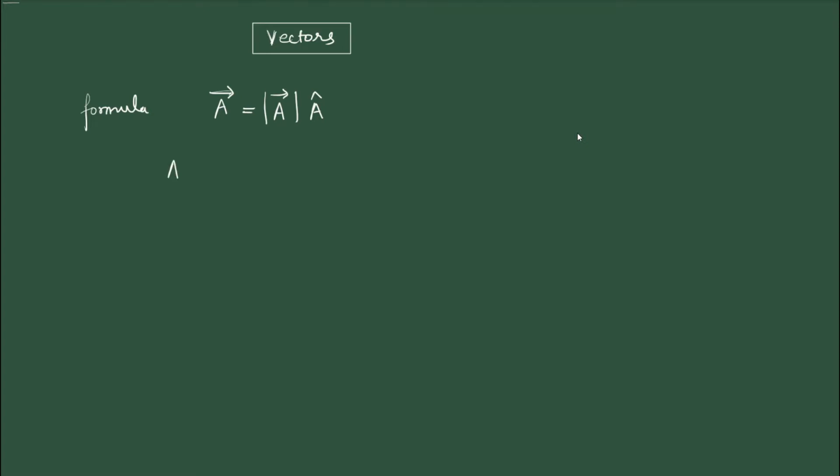So if I put an arrow over the A, then I will spell it as vector A. And if I make two parallel lines, if I put A vector between the two parallel lines, we call it magnitude and modulus. And if we put A cap, we will call it unit vector.